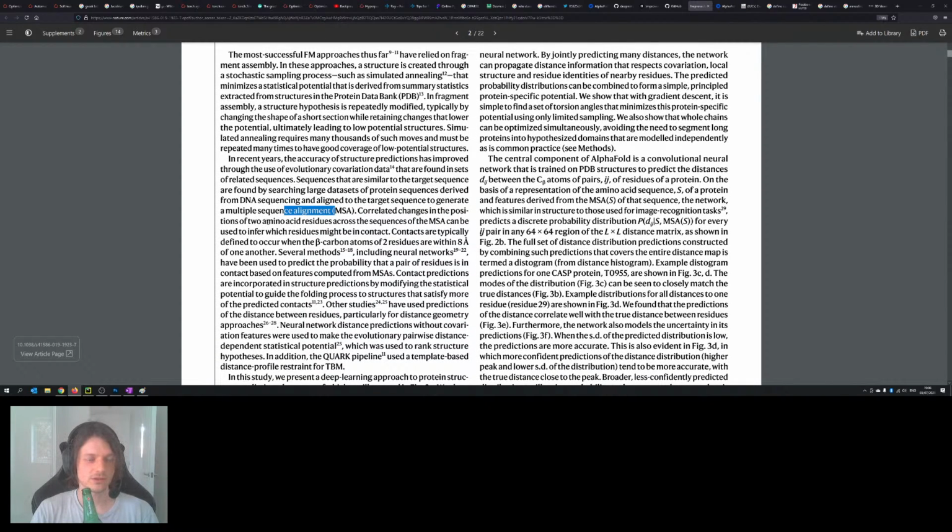Correlated changes in the positions of two amino acid residues across the sequences of the MSA can be used to infer which residues might be in contact. Contacts are typically defined to occur when the beta carbon atoms of two residues are within 8 Å,